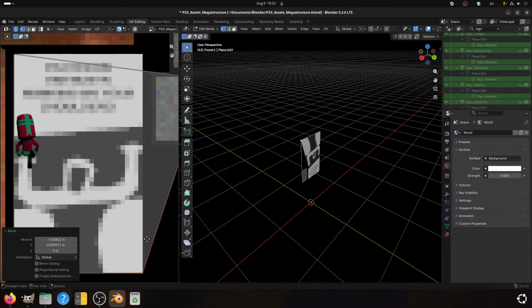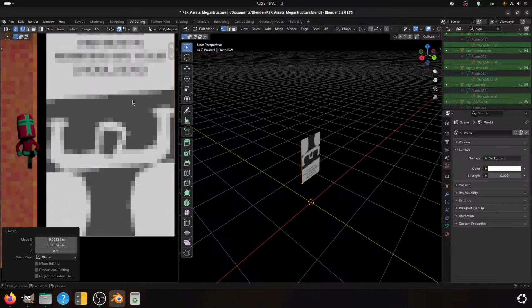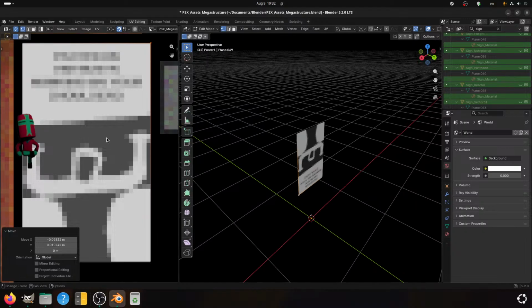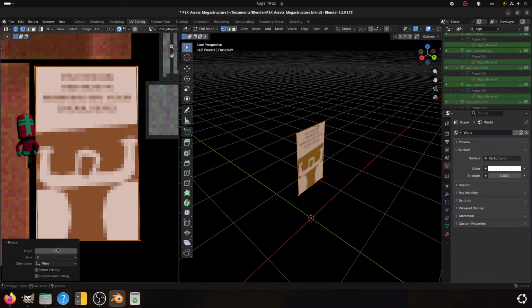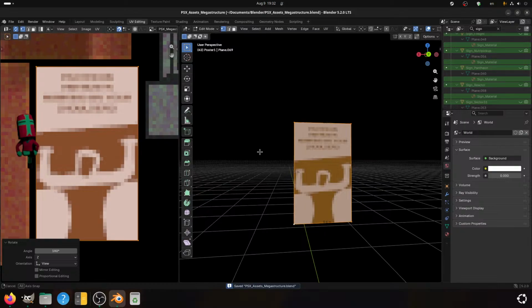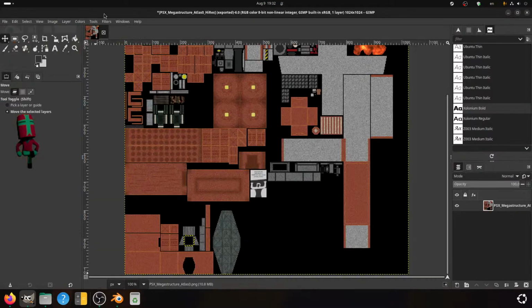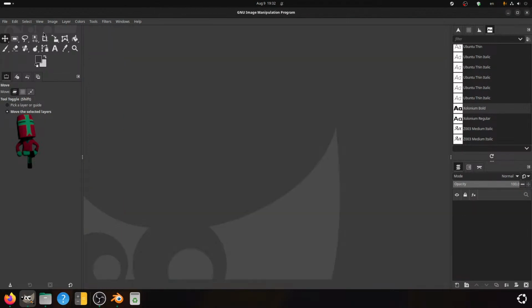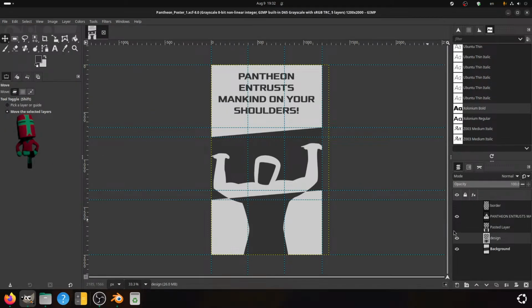Do you not have your border? You do not have your border, I forgot about the border. Oh, it's also upside down. Well, that's fixable. That is perfectly fixable. And you look perfectly serviceable. Open recent, Pantheon poster 1.